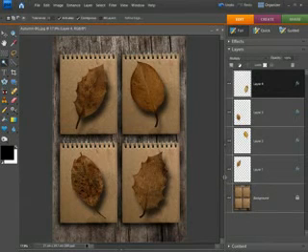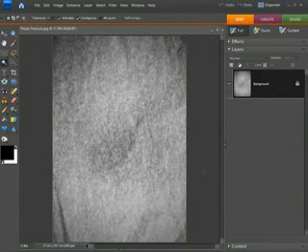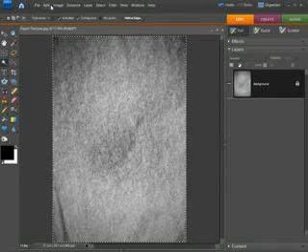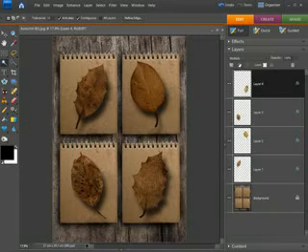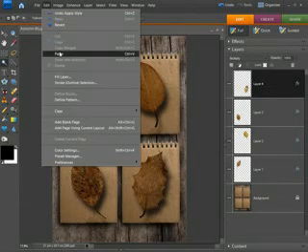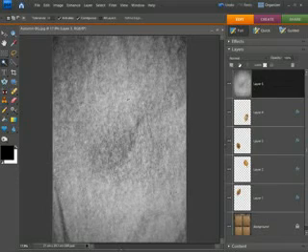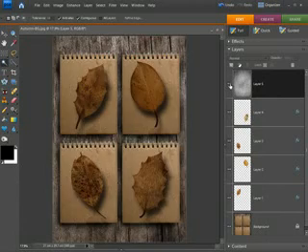Now I'm going to do one more thing, which is purely optional, but I'm going to open another image that we've got on the cover disc, and it's the paper texture image. Now I'm going to select all, then edit and copy, and we'll close that down, and we'll come back to our template, and we'll paste that onto the template. Now as soon as I do, everything we've done disappears. But don't worry, it's simply made a brand new layer because we've pasted, and the layer is exactly the same size as the template. So it's just covered it all up.